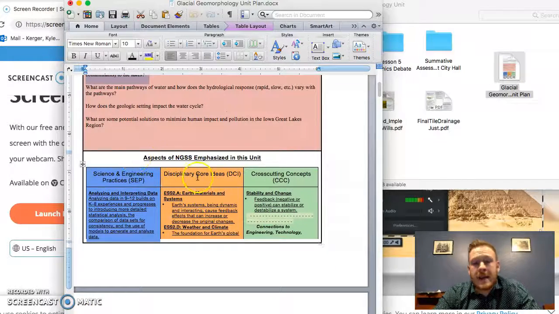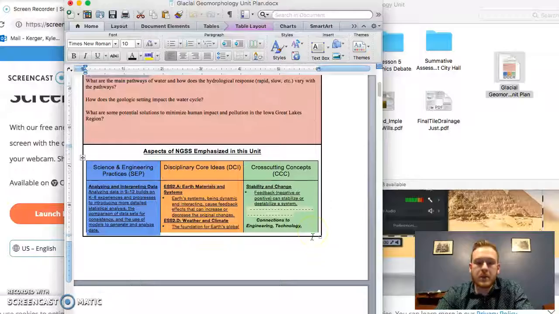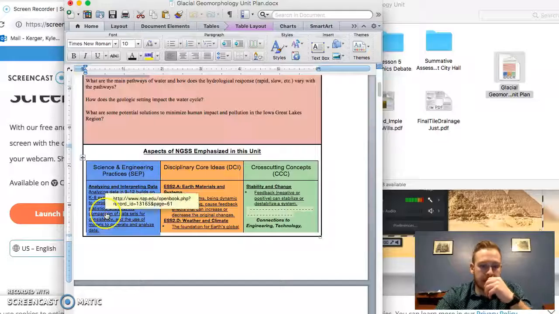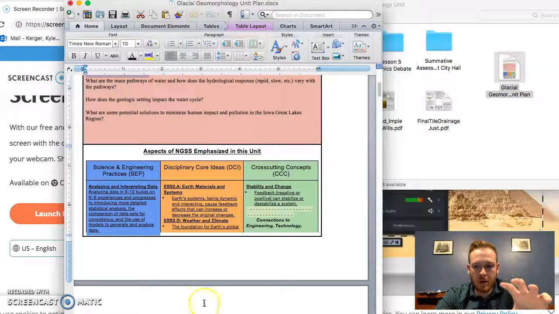The next section we have is the aspects of the Next Generation Science Standards. So what I did here is, like I said, I compiled the list of standards that could be completed based on this unit. With that, you have your science and engineering practices, your disciplinary core ideas, and your cross-cutting concepts. All I did was under each standard, I went to the site and highlighted the different concepts, like your cross-cutting concepts, your DCI, and your SEP, and put them in right here